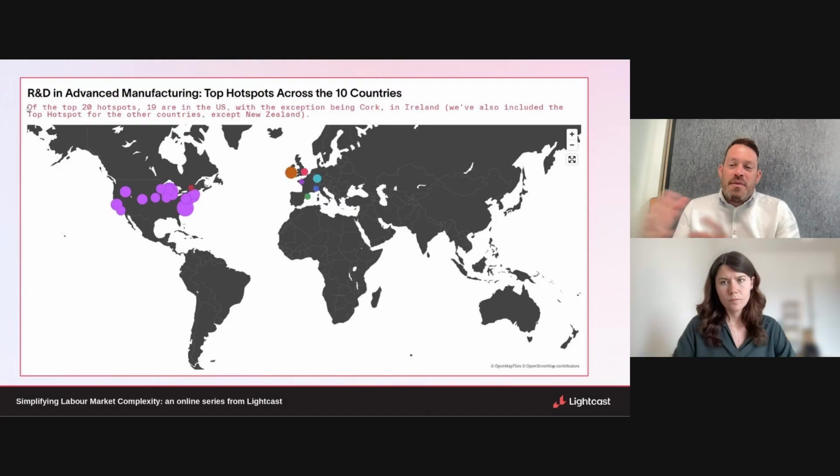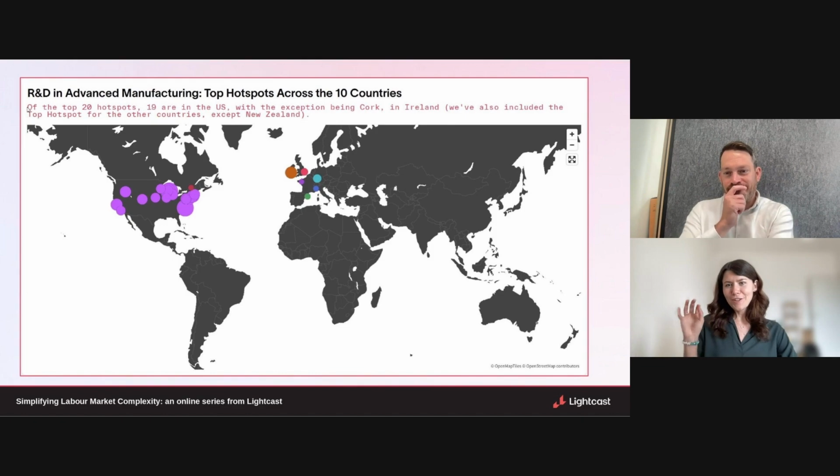So, yeah, the challenge is, what do we mean by advanced manufacturing? We need to define that, and then think about what is the driver of advanced manufacturing. Well, that's innovation. So let's look specifically at particular R&D type roles that will enable us to know what we're looking for, and then dig deeper from there.